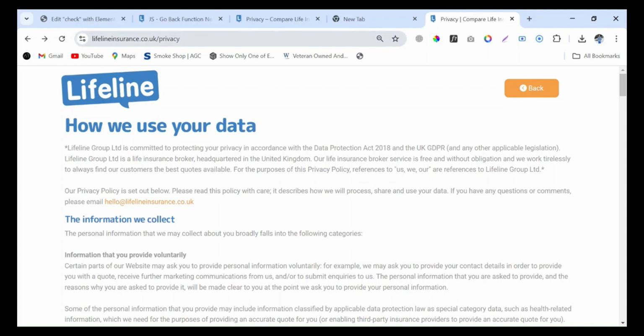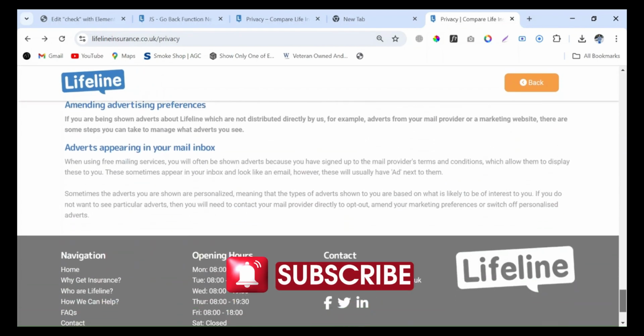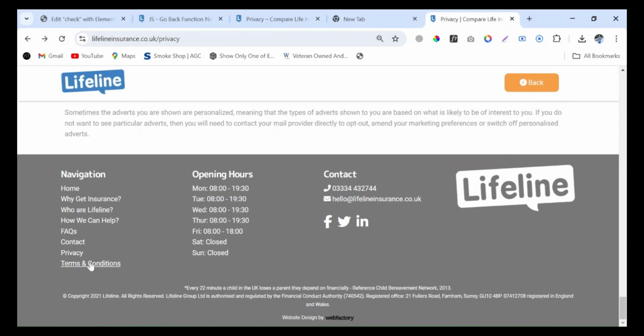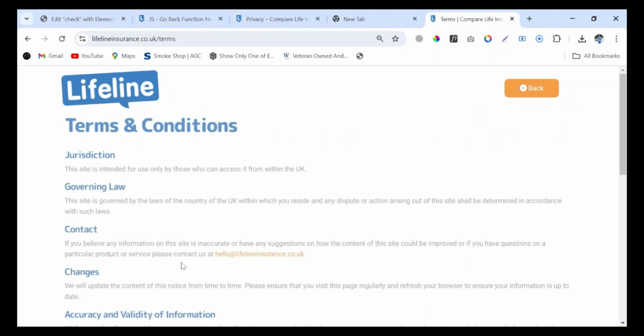Right now we are in the privacy page. Just go to the next page, I mean the terms and condition page. Now when you click on the back button, you will go back to the most recent page, which is the privacy page.